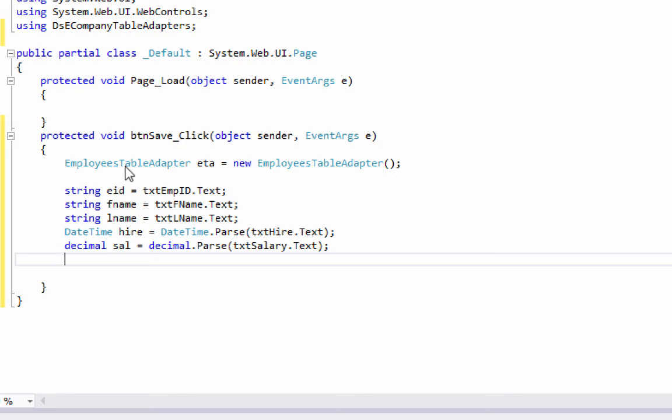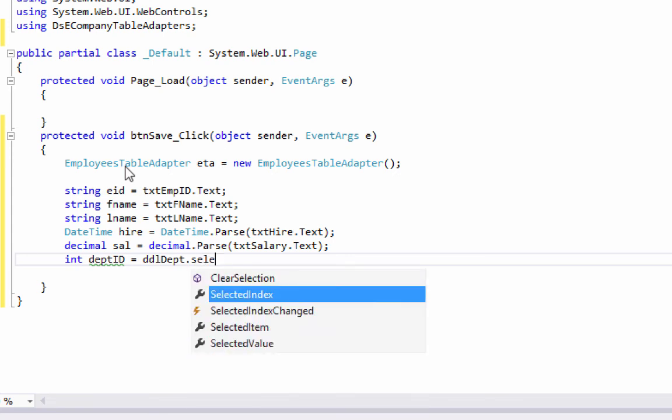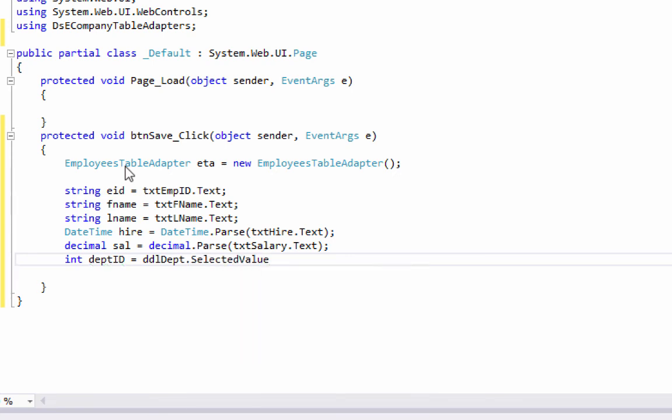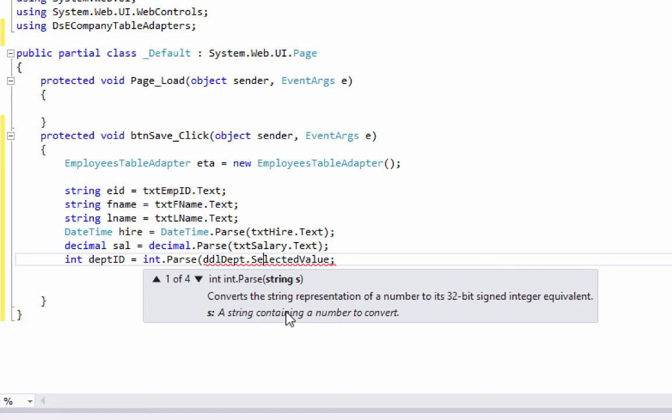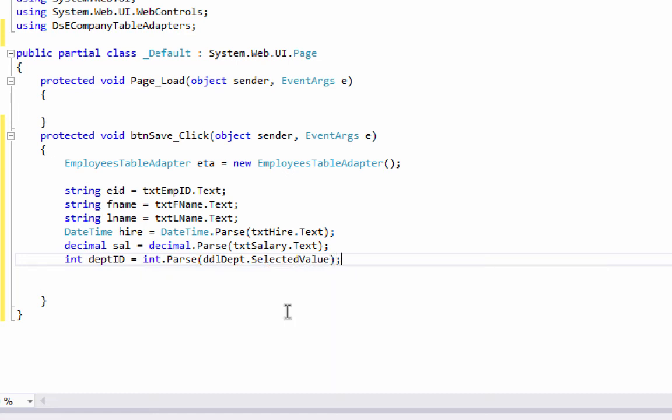Now the department ID, which is in our drop down list's selected value. Again our selected value is a string, so I need to convert it into an integer. Use int.parse to convert it to integer, and we have this username,